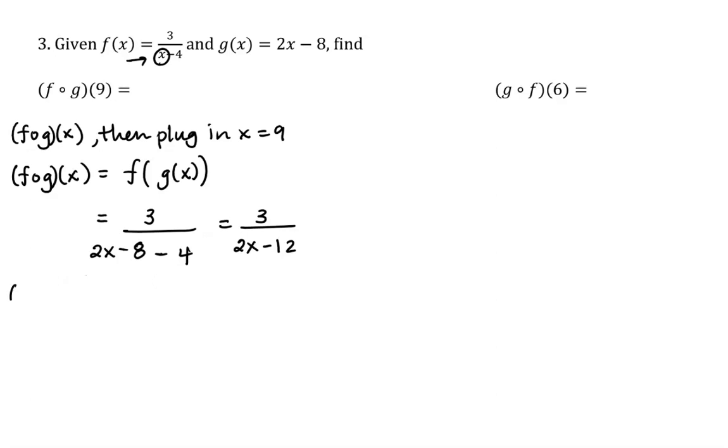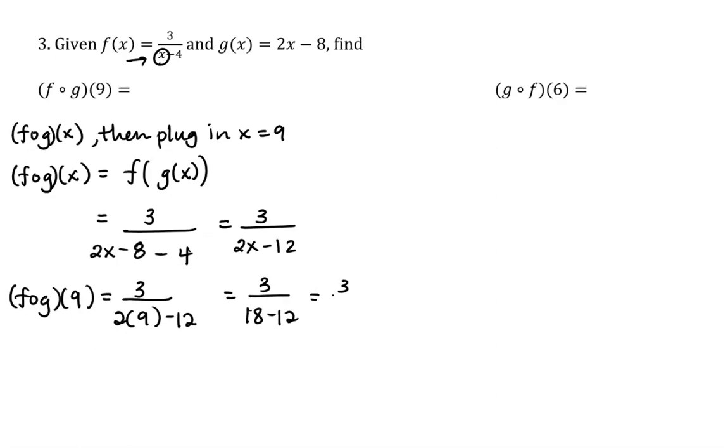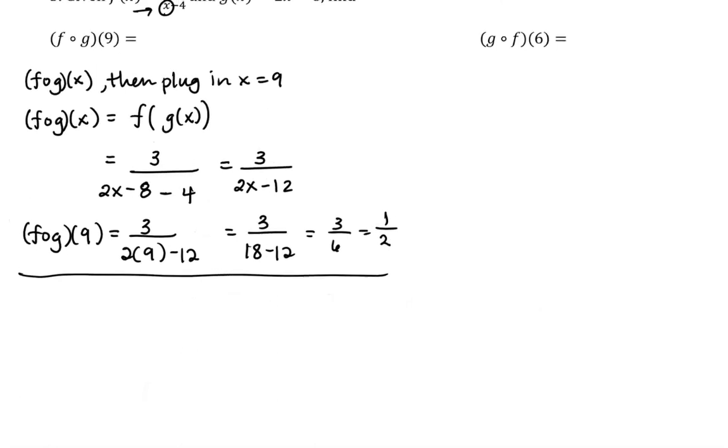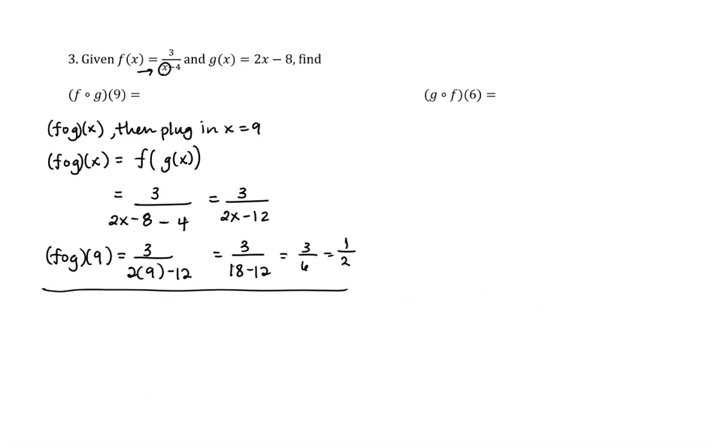So now that we have that, we can now go on to find f composed with g of 9, because now we can plug 9 into this function. So this leaves us with 3 over 18 minus 12, which is 3 over 6, which leaves us with 1/2 for our answer. Another way that we could evaluate f composed of g of 9 is we could first evaluate